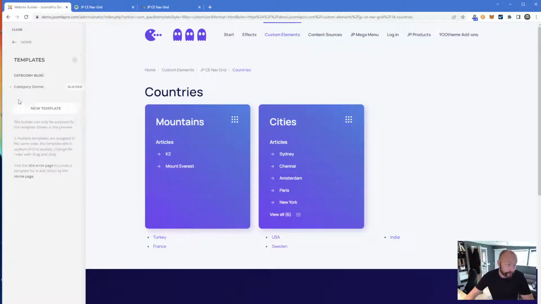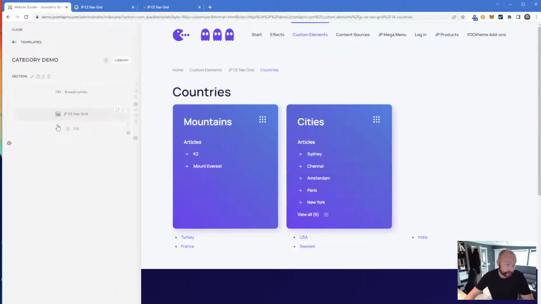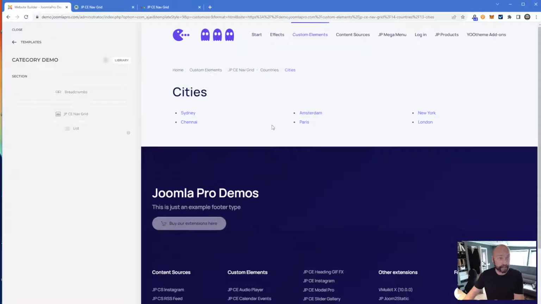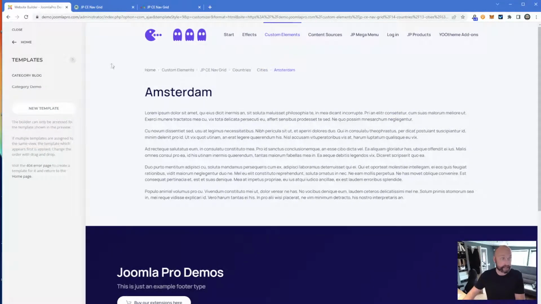I'm going to open a template here so we can have that on the side just to understand. I'm going to build this from scratch now as well, so you understand the flow of things here. Underneath here is a list that fetches the links from countries, but then inside this here we have cities, for example, and I can click cities and I get in here, and now I have direct links to each of these